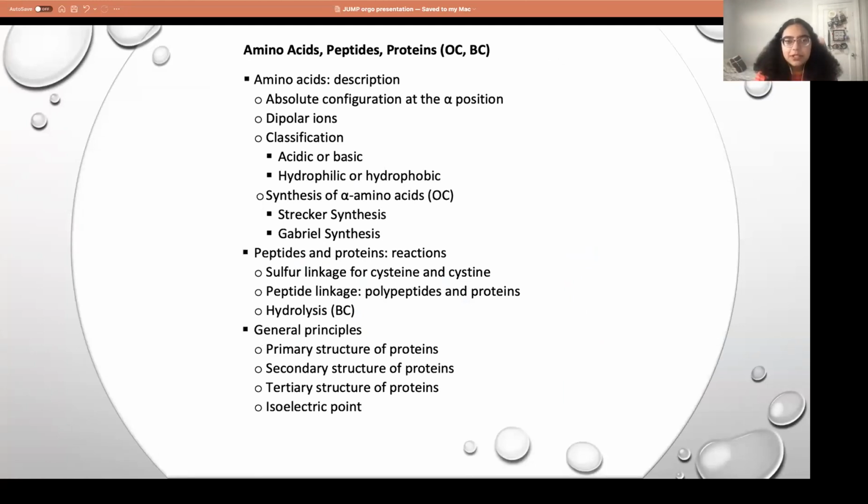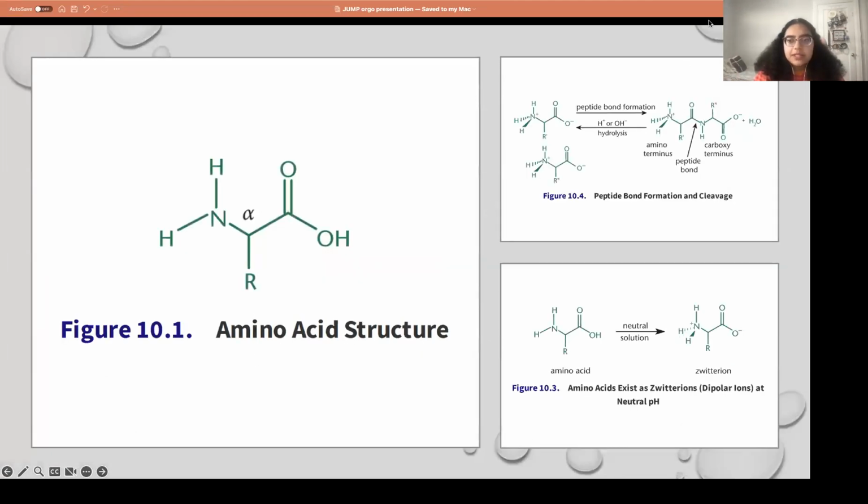The next sections are amino acids, lipids, and carbs, which all kind of cross over with biochem, but they are all organic compounds as well. So for amino acids, you'll probably find proteins are more biochem, but there are some organic reactions we can talk about in terms of the synthesis. As a refresher, that's what an amino acid looks like. The alpha carbon is the one labeled there with the alpha. It's attached to nitrogen and another carbon. Peptide bonds are when two amino acids join, and you can see the bond labeled there.